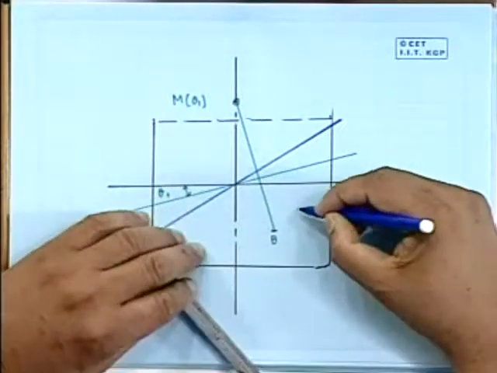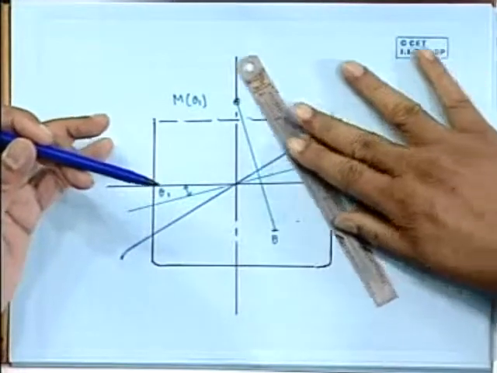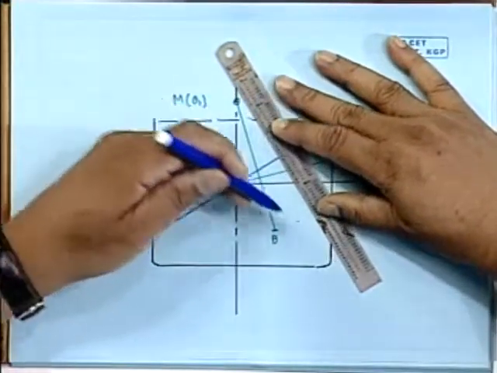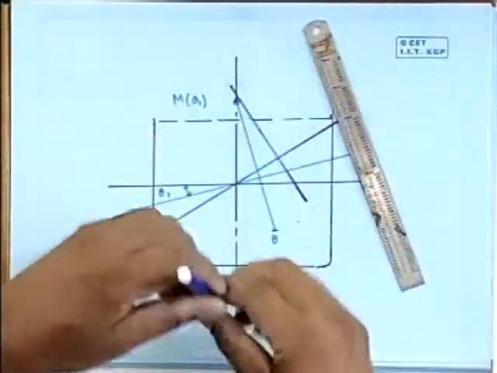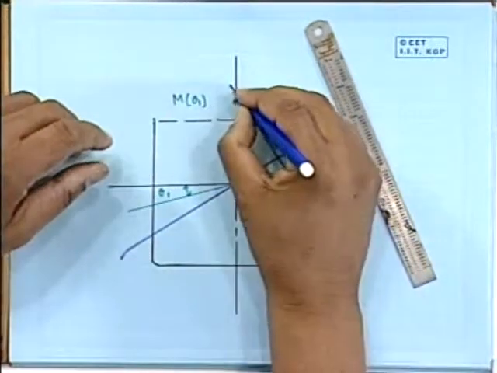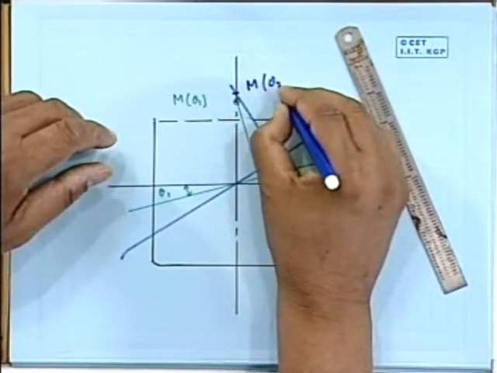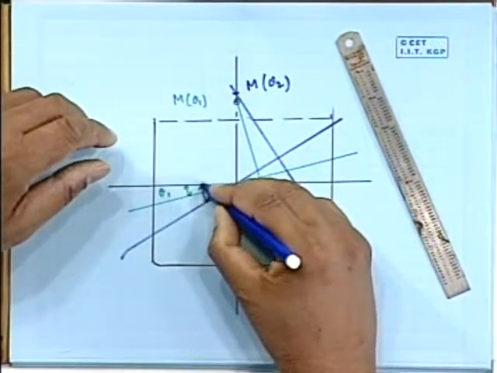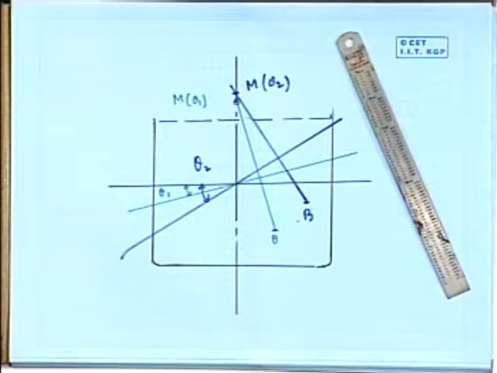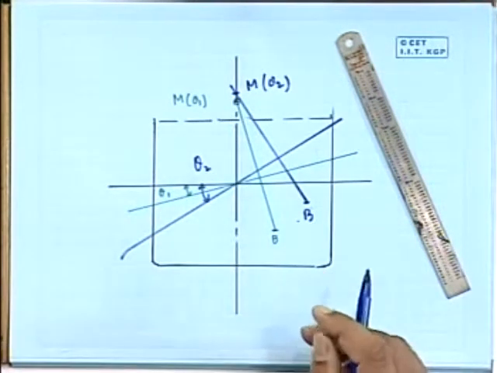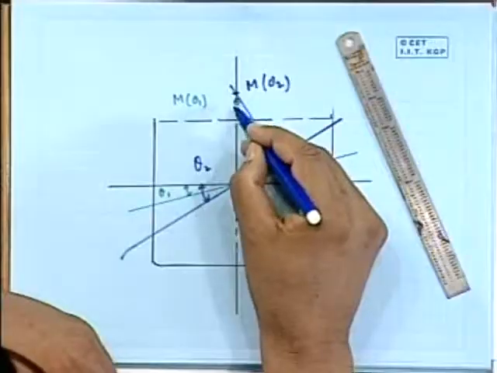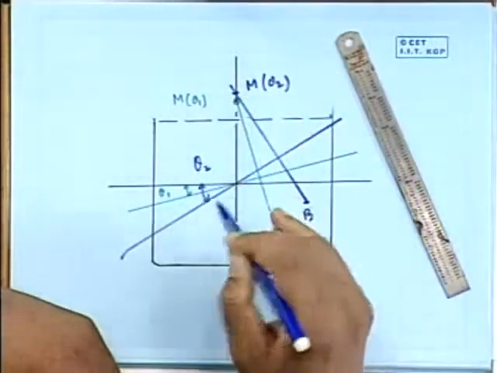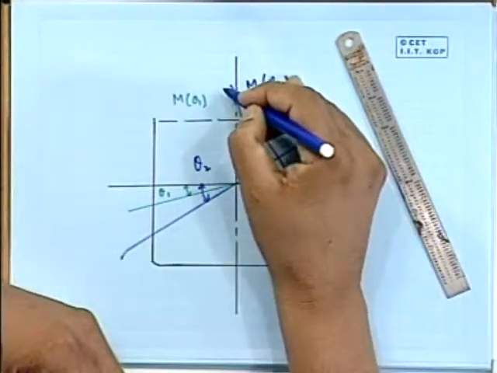Now let me take another line like this. Obviously, this buoyancy point would have shifted somewhere, and I have to have this. It's just an exaggerated diagram. This is my B, and this point is M theta 2. At this point of time, can I say M theta 1 is M theta 2? We cannot say that, because we have no basis to say so. Then the question comes, what is metacenter? If I say it is the intersection point, I cannot prove as of now that the intersection point is independent of the angle,